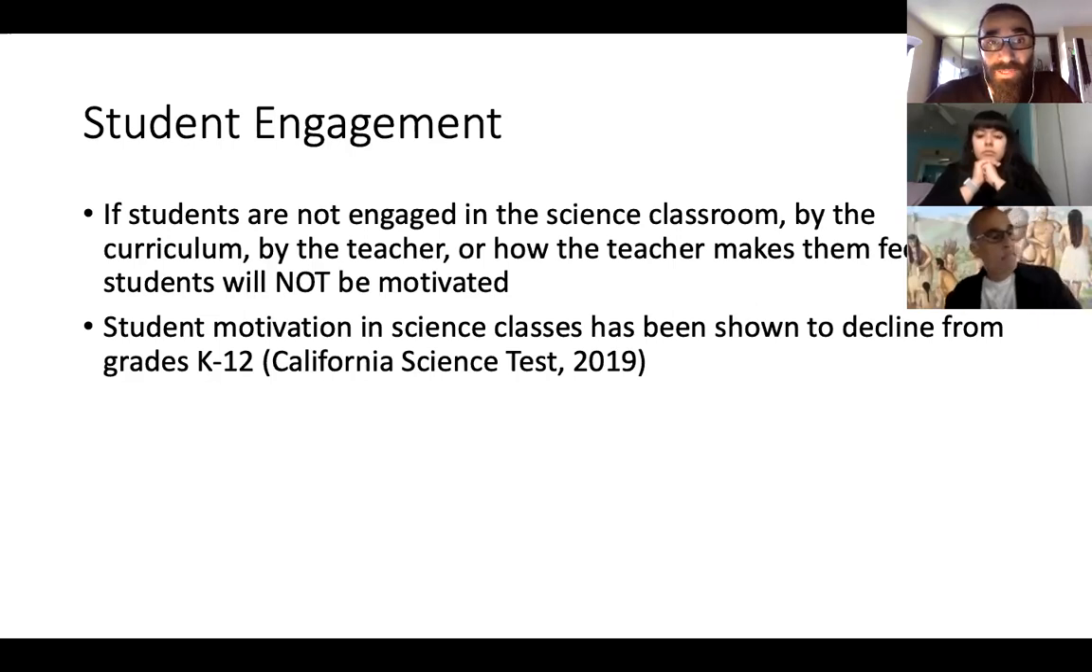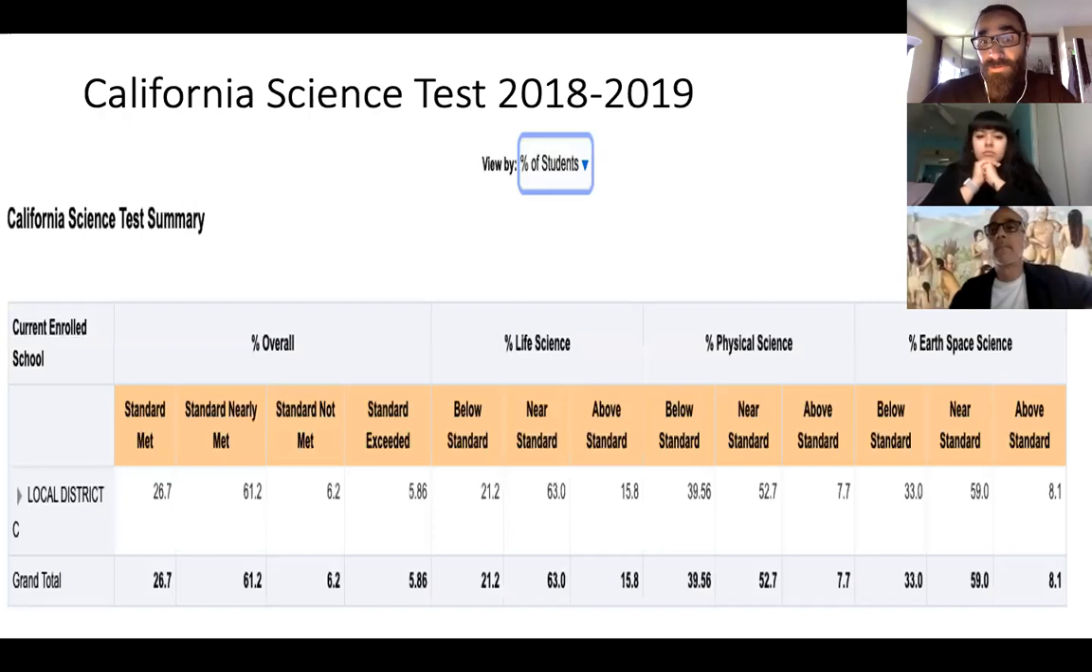Looking at our school's data, I pulled up the California Science Test, or the CST data from last year, just to give you an idea of what we're looking at. So this is our CST data for last year. And again, this is for the district as a whole, right? So Franklin is not an island. You'll notice that in the data, overall, in life sciences, physical science, and earth sciences, the number of students that are exceeding is very low,